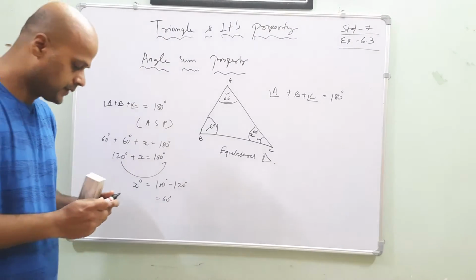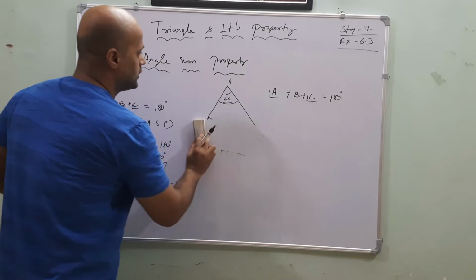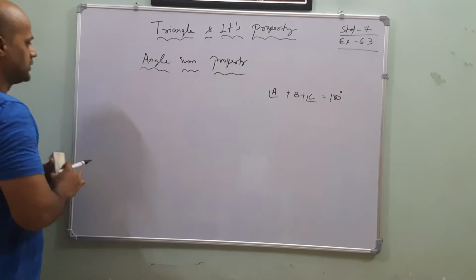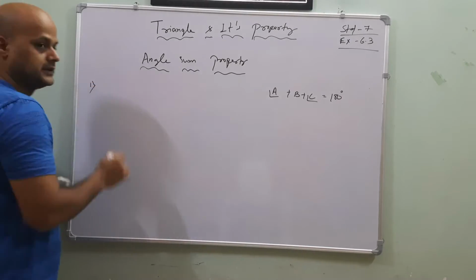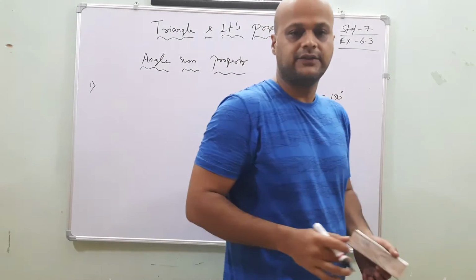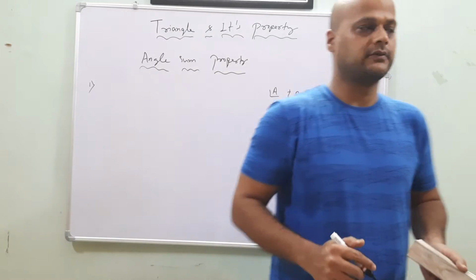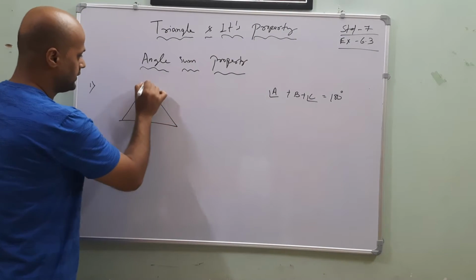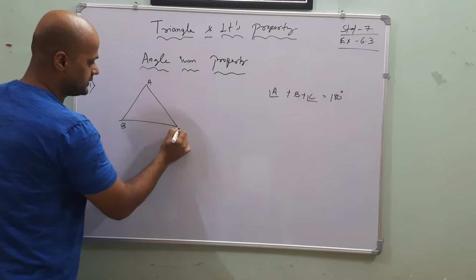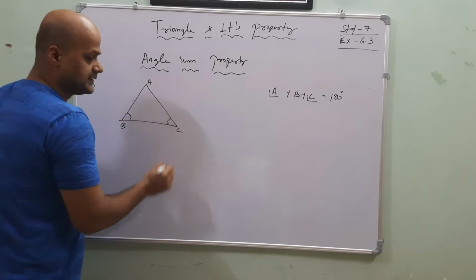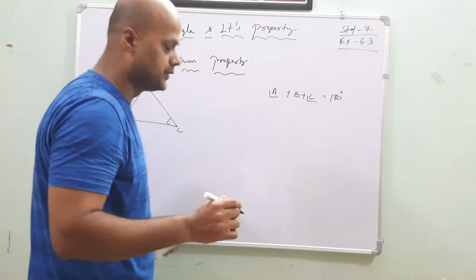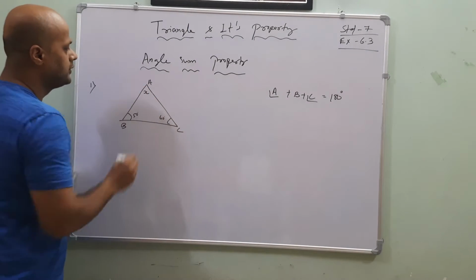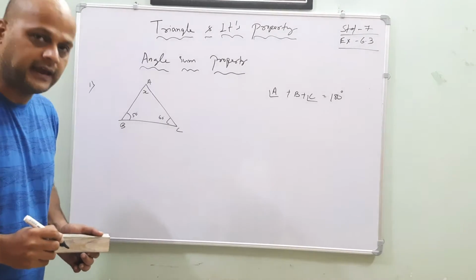Okay, so let's go to your exercise, and we will notice what it's saying one by one. Now come to the exercise. What is it saying? First one, it's saying that a triangle is given and two angles are given. What are they? Triangle ABC is given. Angles B and C are given. How much is it saying? It's saying 50 and 60 degree. What is the value of angle A?